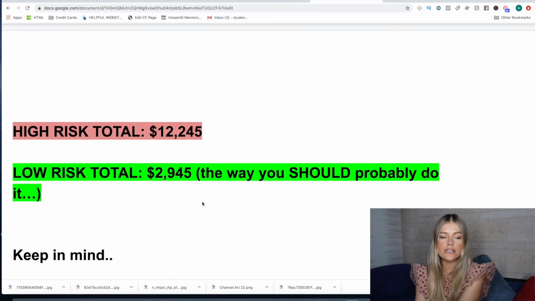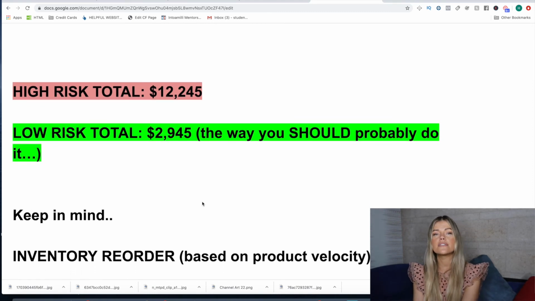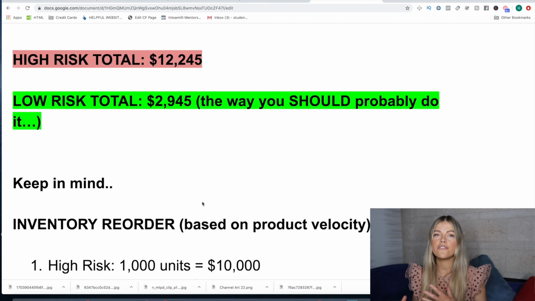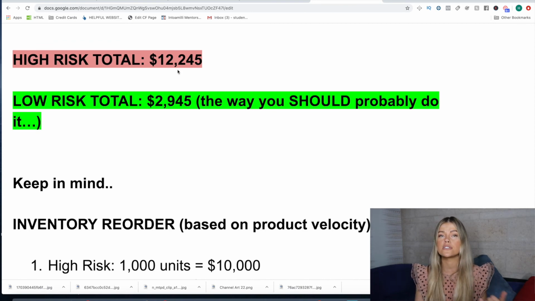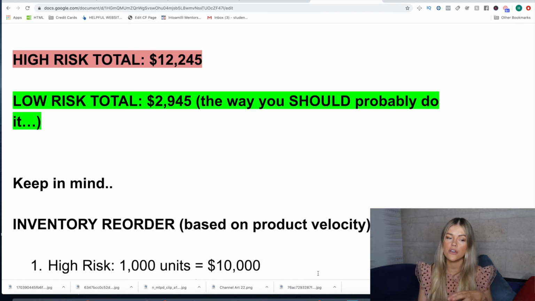And this is the way I 100% recommend. And then also keep something else in mind, which is the inventory reorder based on product velocity. And this is kind of controlling your cash flow issues in advance. So let's talk about if you did it high risk. When you give away 500 of your units and hopefully begin to get organic sales, and keep in mind that with high risk, you should also be doing PPC. So for high risk, add like another $500 to this because you still will be running PPC campaigns in addition to your giveaways. But then you have to immediately reorder 1,000 units, which is another $10,000. So you have to have at least pretty much $22,000 in cash to start it the high risk way,